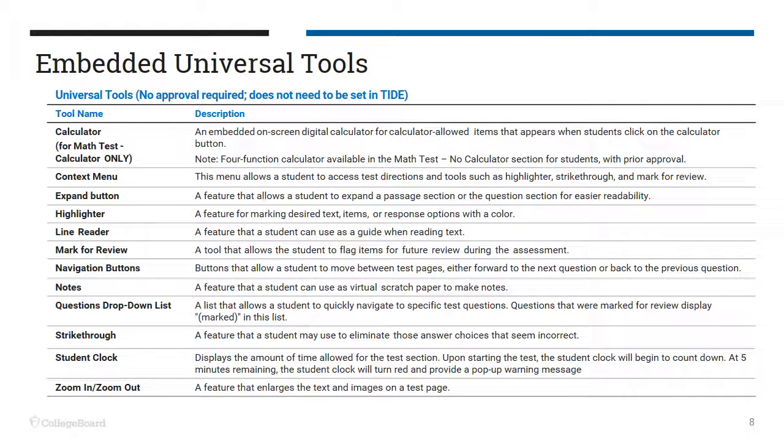Embedded universal tools. A list of universal tools available in the test delivery system include: Calculator, for the math test calculator section only, an embedded on-screen digital calculator for calculator-allowed items that appears when students click on the calculator button. Note, four-function calculator available in the math test no calculator section is for students with prior approval. Context menu. This menu allows a student to access test directions and tools such as a highlighter, strike through, and mark for review. Expand button, a feature that allows a student to expand a passage section or the question section